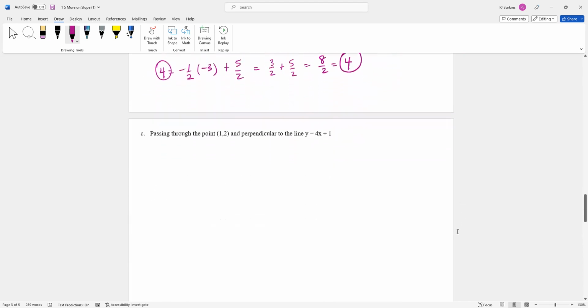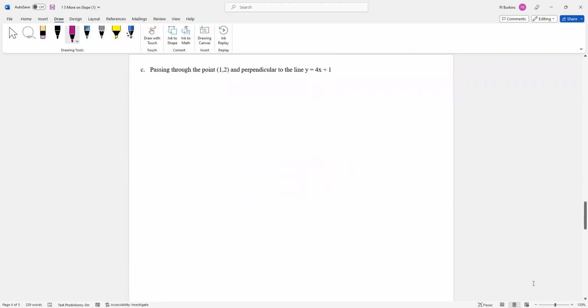Okay, let's move on to the next example. All right, what's different here? This time, we are looking for perpendicular lines. So for perpendicular lines,